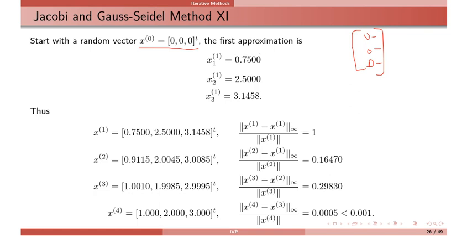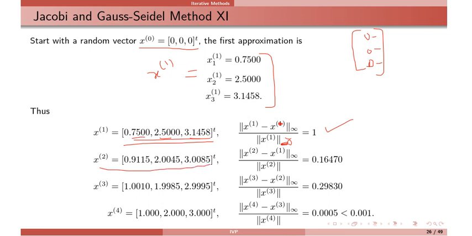So this is the first approximation, and you can denote it by a column vector x1, the first solution. This is x1 1, this is x2 1, this is x3 1, the first values. And now compute the error: x1 minus x0. x0 was 0, so x1 minus x0 will be the same vector. Divide by x1, maximum norm. So the error is 1. Now write the second iteration x2.